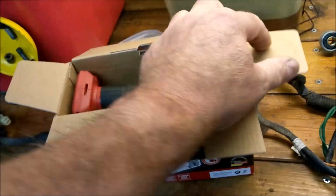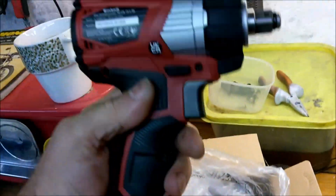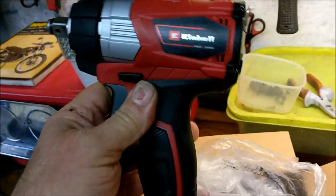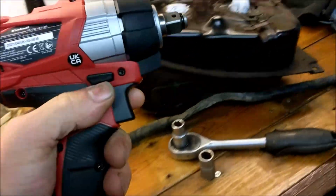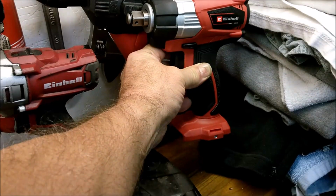Before I start tinkering with episode 2, there is the beastie. I mean, there's nothing to it. If you put it next to my SDS drill, it's actually tiddly tiny. And if you put it next to,